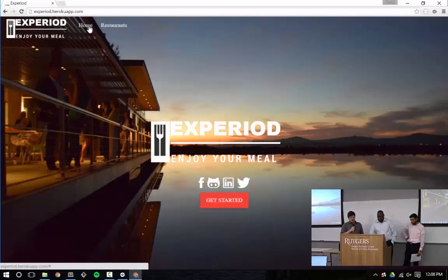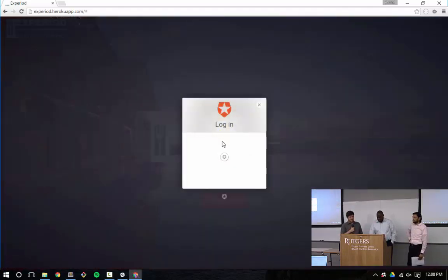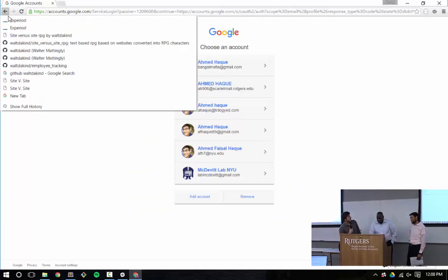Right, so we're using Auth0 for authorization. When you press this Get Started, that's the Auth0 lock box. And all right, he's going to sign in with Google. He's not Ahmed, so